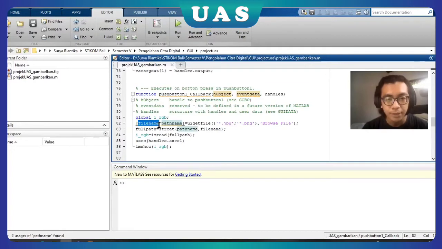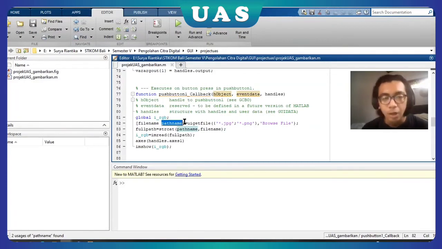Whereas the file name is the name of the image file that we insert to the GUI, and path name is the file location in the directory,